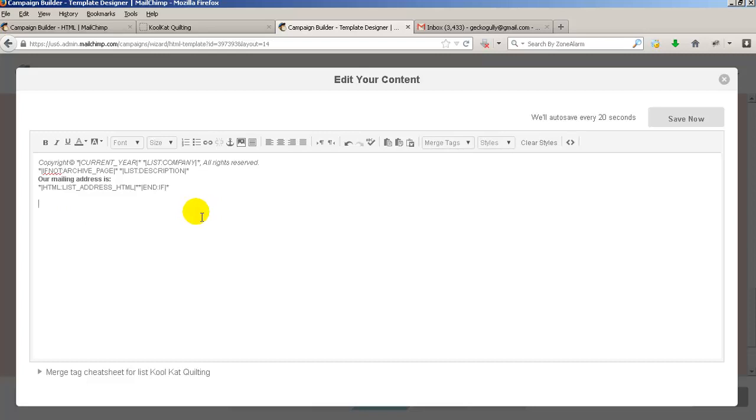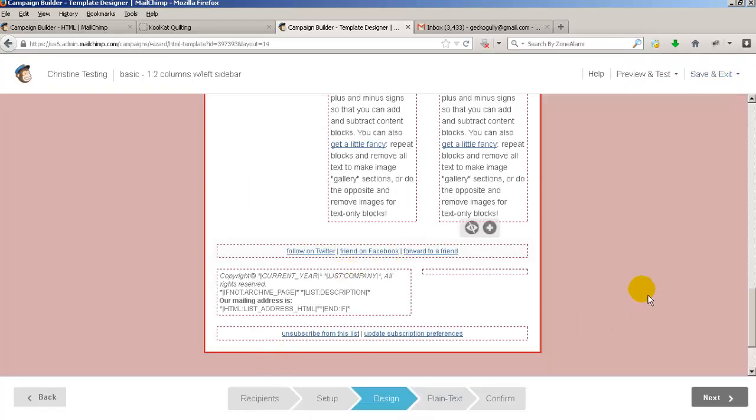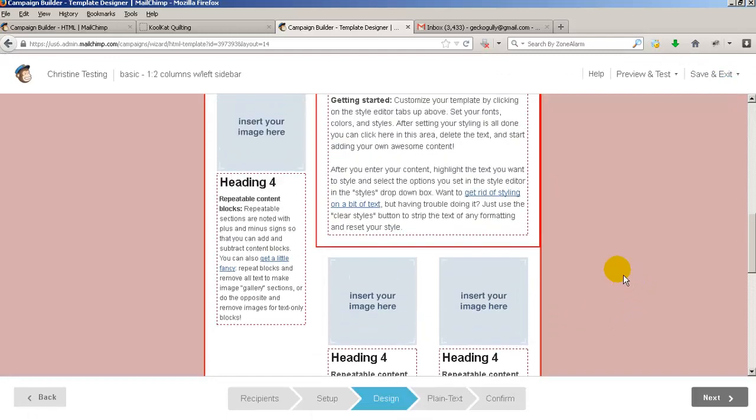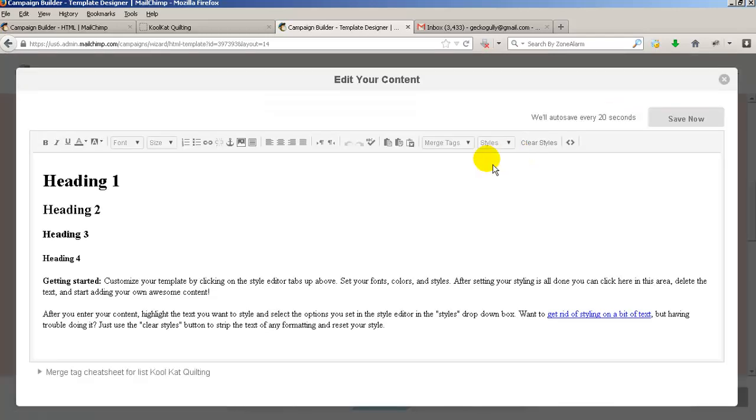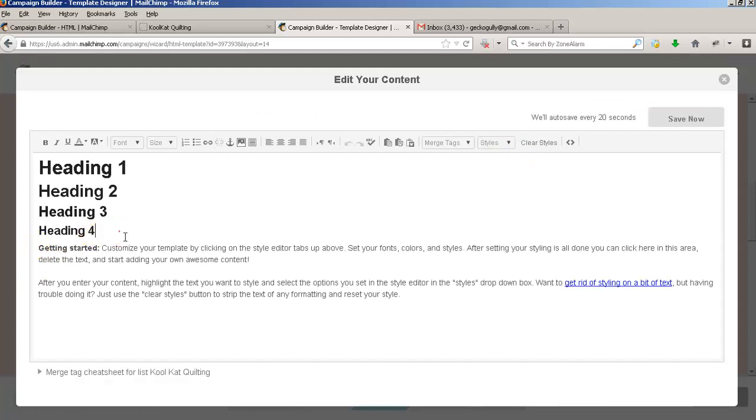Okay, so I can put in all sorts of different tags in there, and you can actually put that into any part of your newsletter, so not just in this footer area. But this footer area is where you say, okay, this is my details, and this stuff is already set up for you. So let's just exit out of that without making any changes. So to give you a better example, if you wanted to put in here, I want to edit this, we want to put in here,